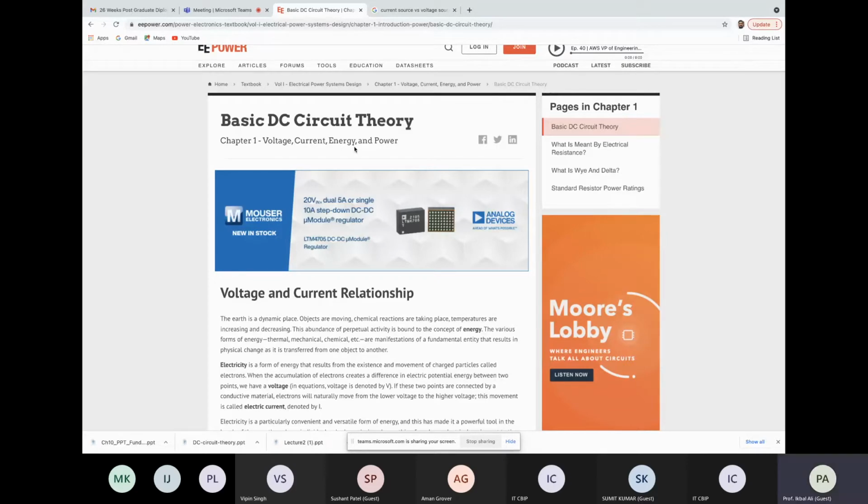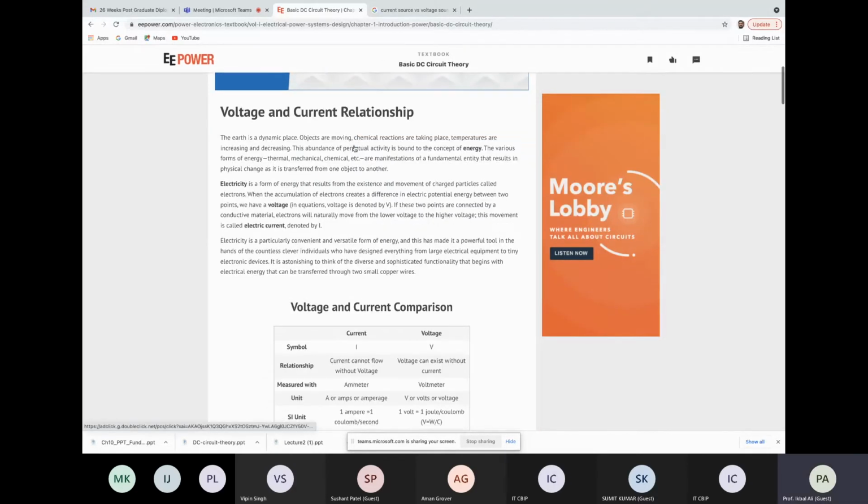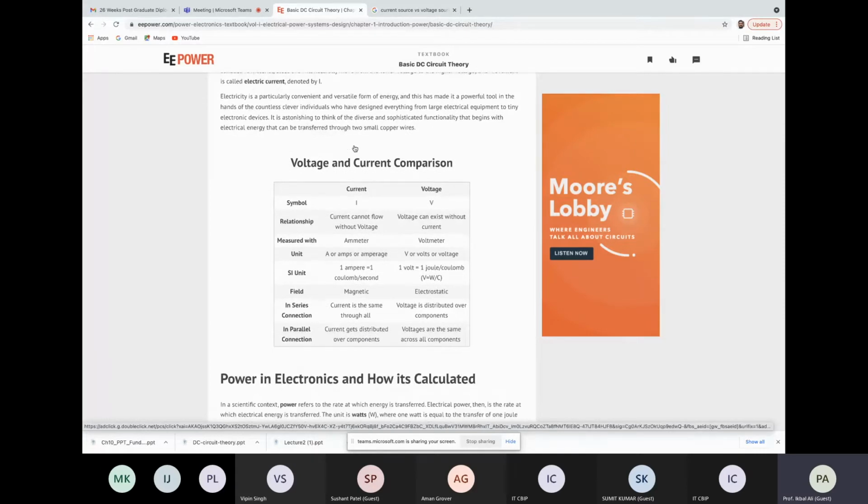All right. So voltage and current, you know what are their basics, their symbol. You can see we have a comparison table here. Current we generally represent by a symbol I, capital I, and voltage by a capital V. These are symbols used to represent current and voltages. And when we say what is the relationship, the idea is that when we apply voltage, current flows in the circuit.